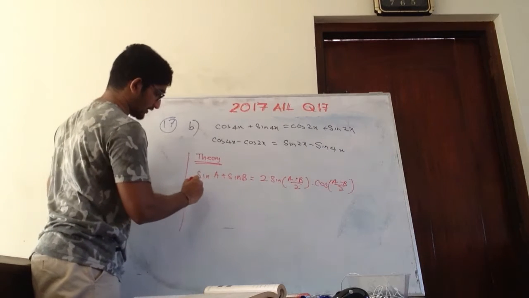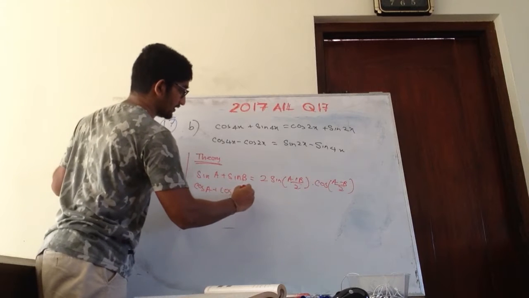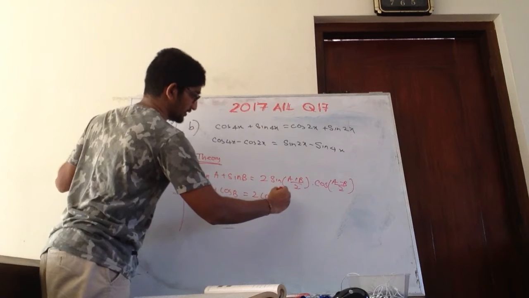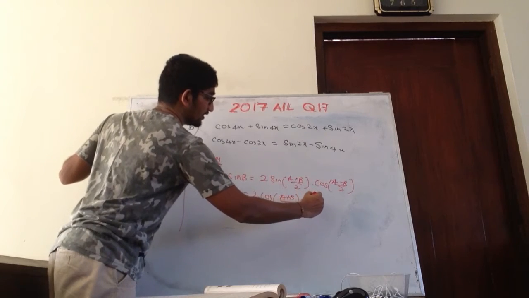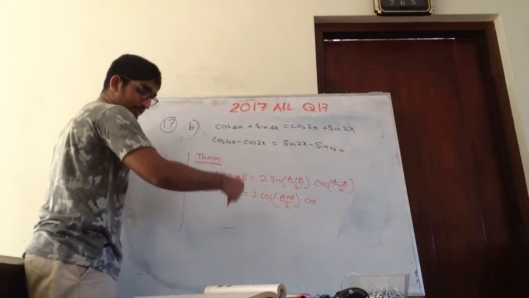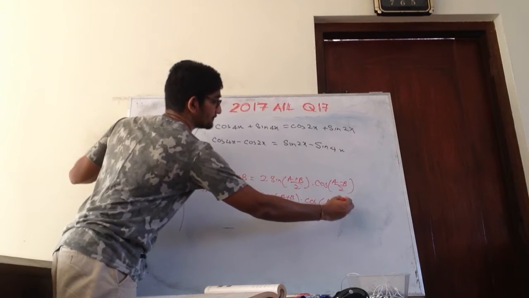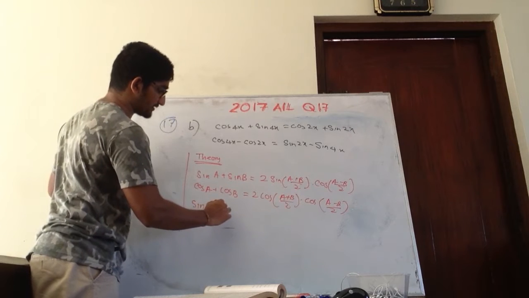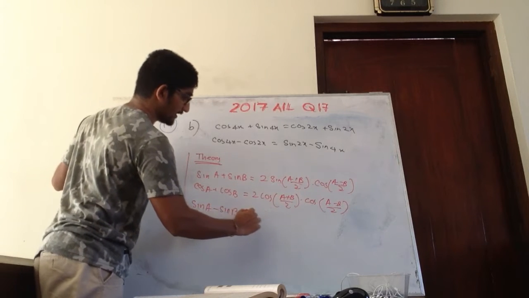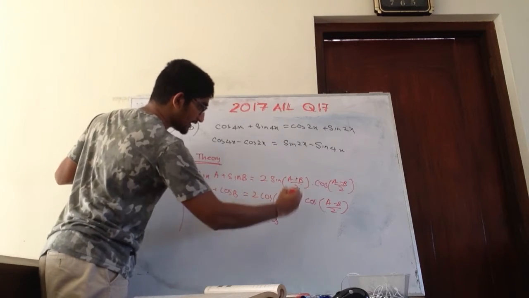Then we can write cos A plus cos B as 2 cos, the same way, (A plus B) over 2, but this will be cos, right? Cos (A minus B) over 2. If there is sin A minus sin B, you will get 2 times cos (A plus B) over 2